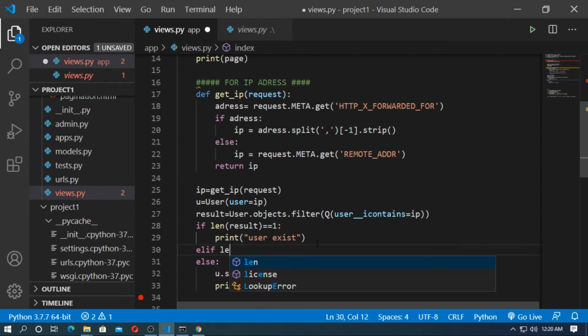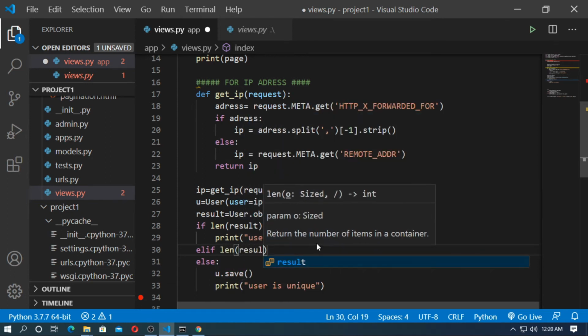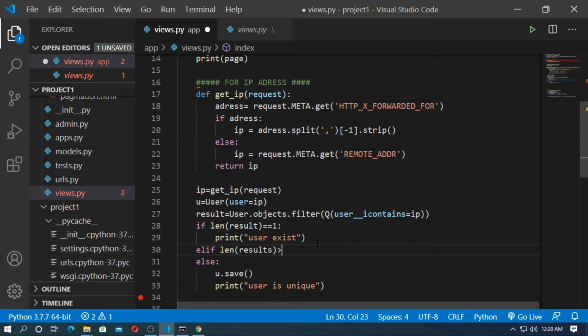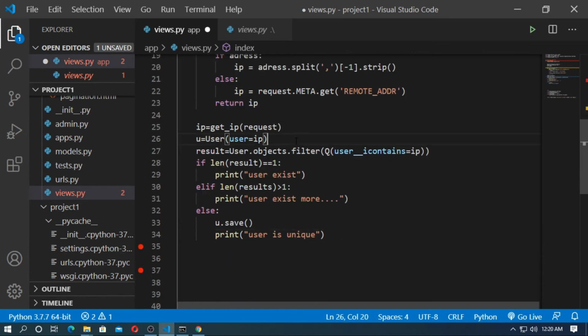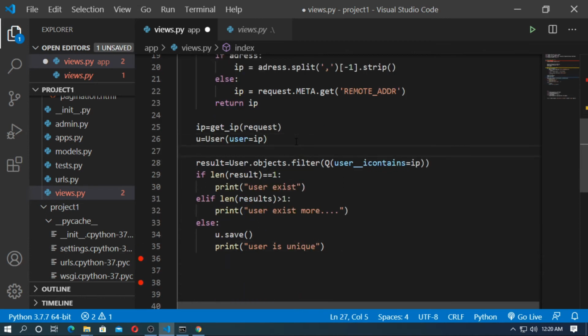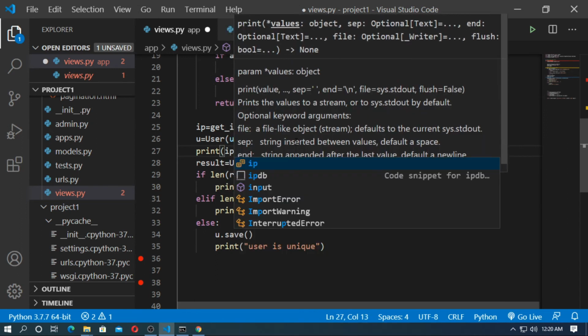Elif len of result is greater than 1, then also print user exists. Here I want to print the IP address in CMD, so print ip, it's for understanding.